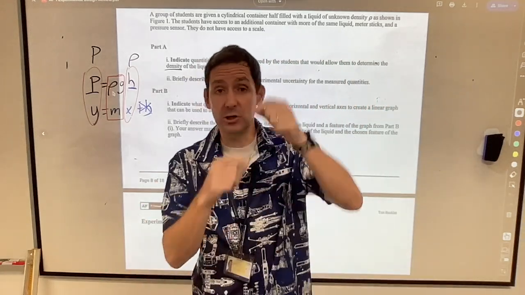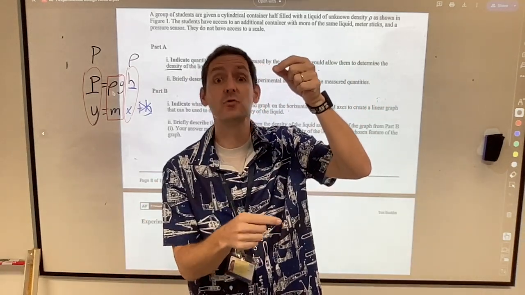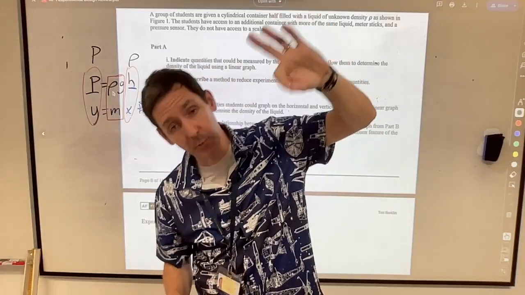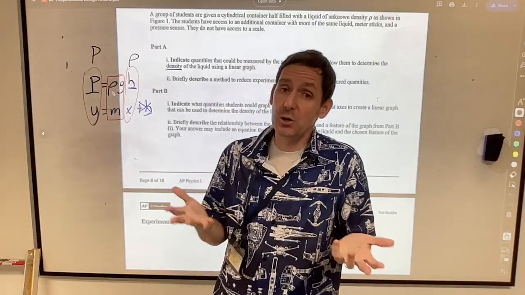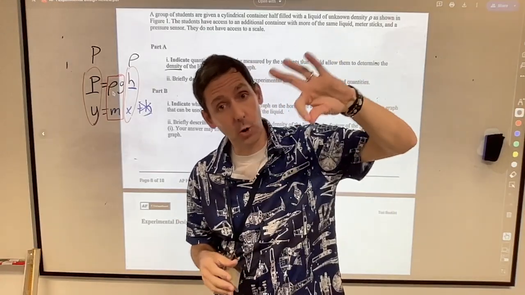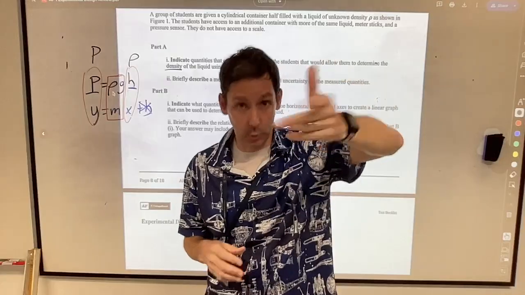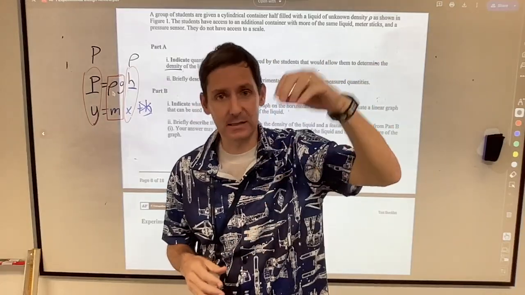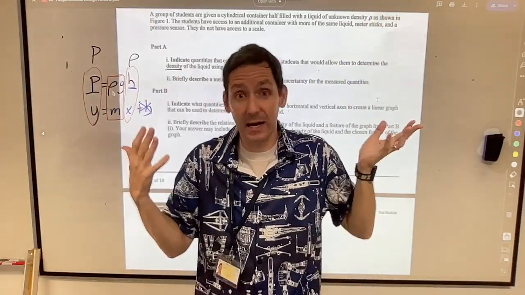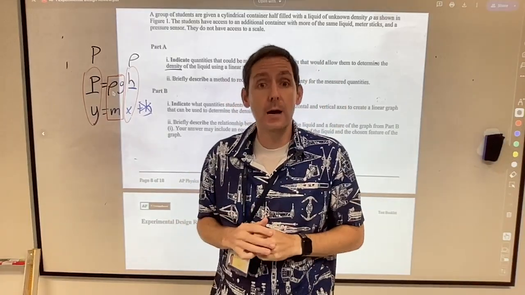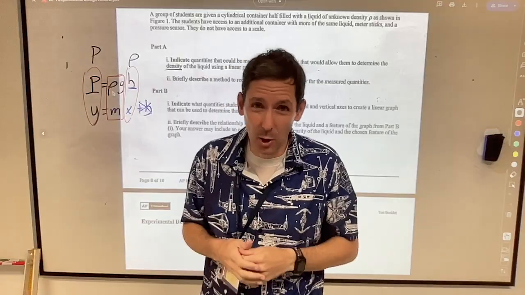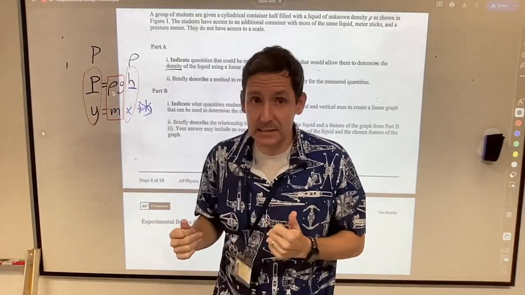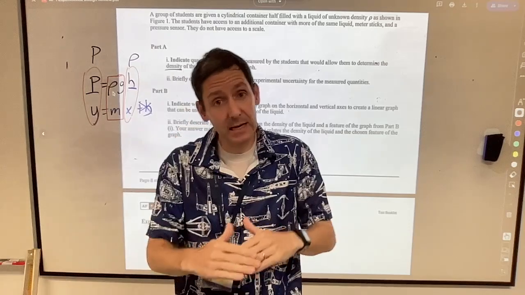Then I'm going to use my meter stick to measure a depth of 20 centimeters. I'll put a mark there, and I'll put the probe down to 20 centimeters. Maybe you talk about making sure the probe goes in the liquid but my hand does not, because the hand would cause the fluid to rise a lot more than just a probe. We have to assume the probe won't make too much of a difference, or it's not a very good probe. But add in the 20 centimeters, and then I'm going to do the same thing for 30 centimeters, 40